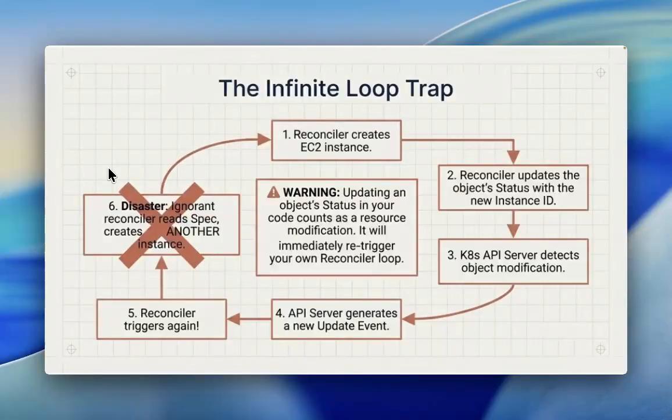So what is the infinite loop trap that can happen? You have a reconciler that creates an EC2 instance, then updates the object status with the new instance ID. The API server detects the object modification and generates a new update event, then the reconciler triggers again. Disaster. It ignores the status, reconciles the spec, and creates another instance. Warning: updating an object in your code counts as a resource modification. It will immediately re-trigger your own reconciler. So don't try to update an object carelessly,